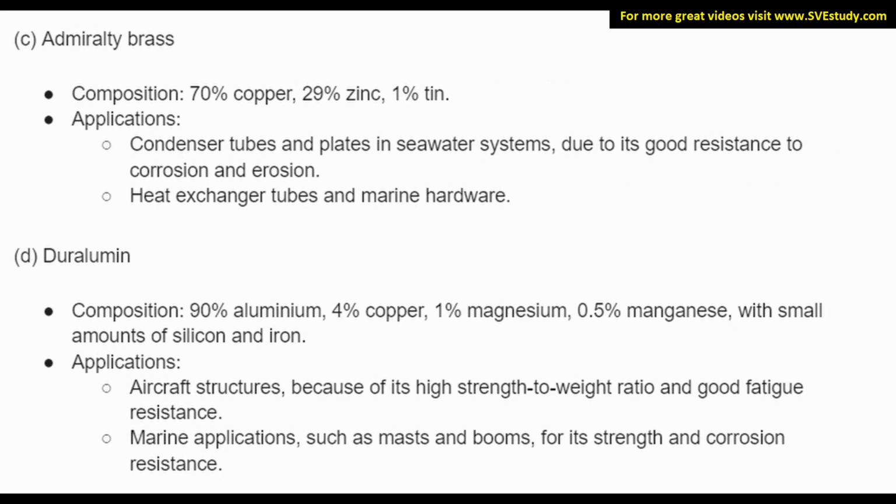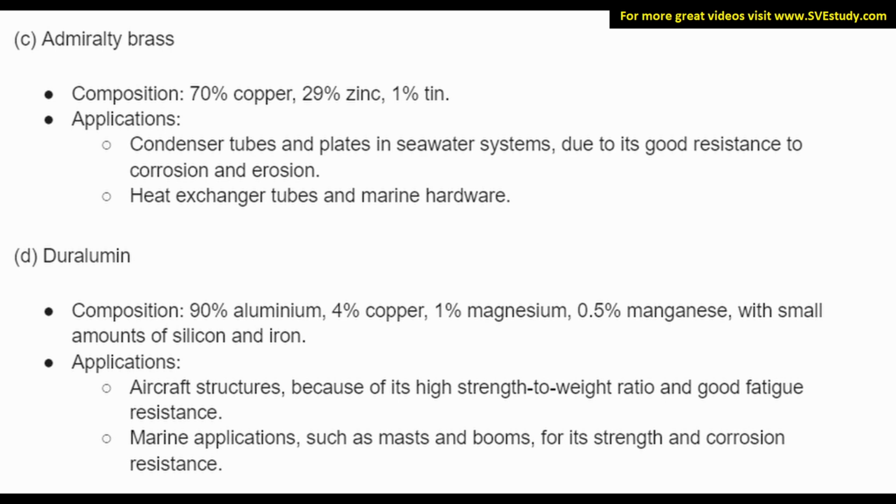Admiralty brass composition: 70% copper, 29% zinc, 1% tin. Applications: condenser tubes and plates in seawater systems due to its good resistance to corrosion and erosion, heat exchanger tubes, and marine hardware. Duralumin composition: 90% aluminium, 4% copper, 1% magnesium, 0.5% manganese, with very small amounts of silicon and